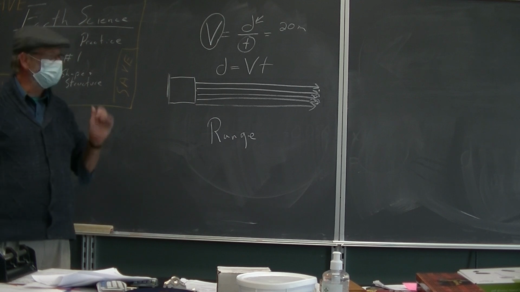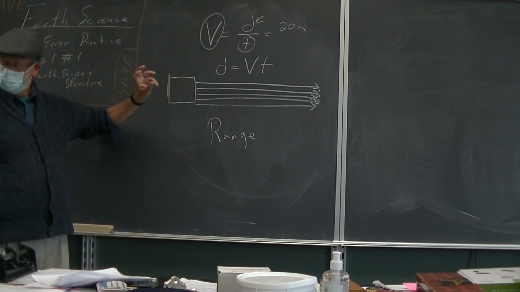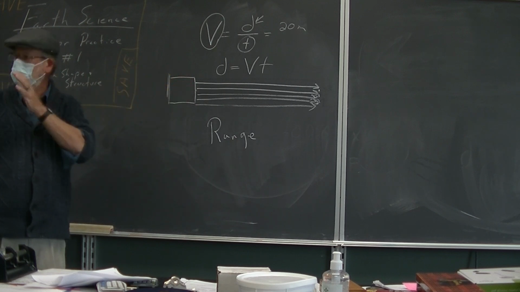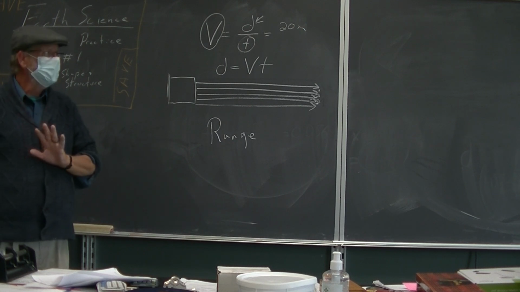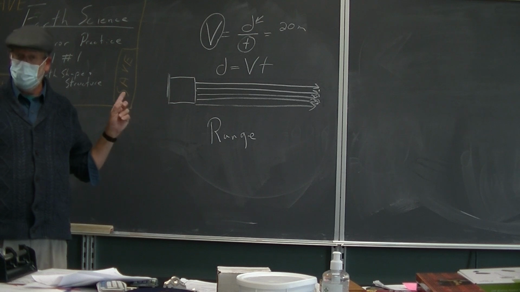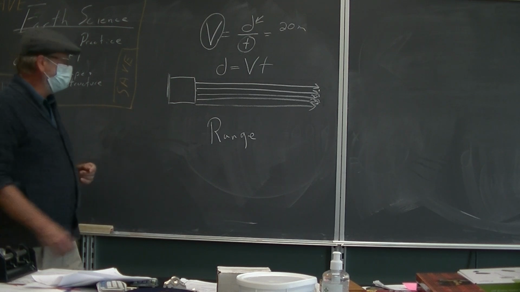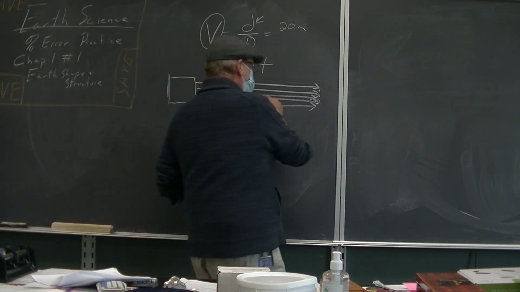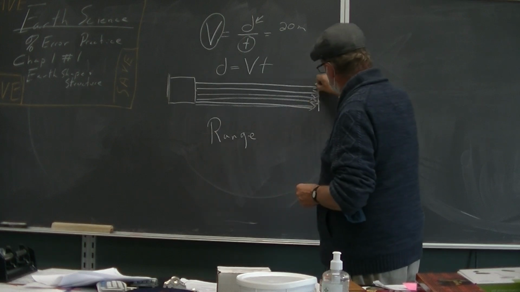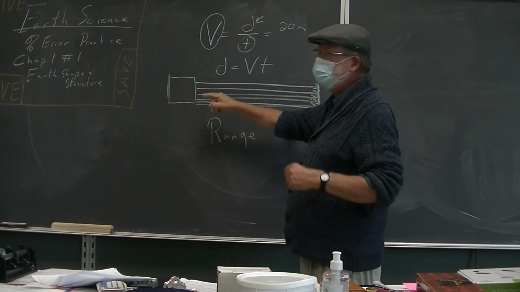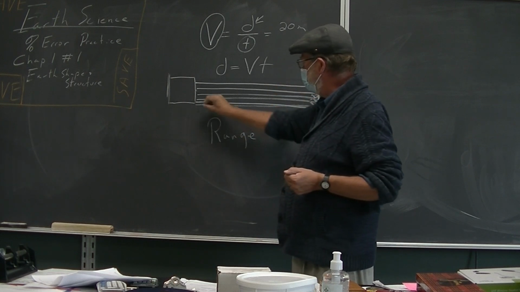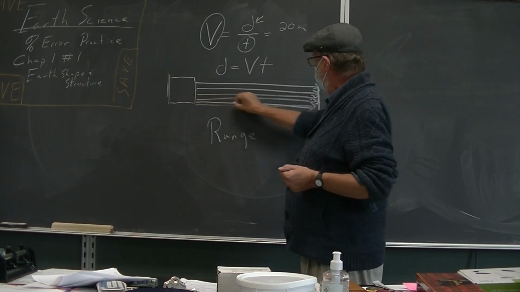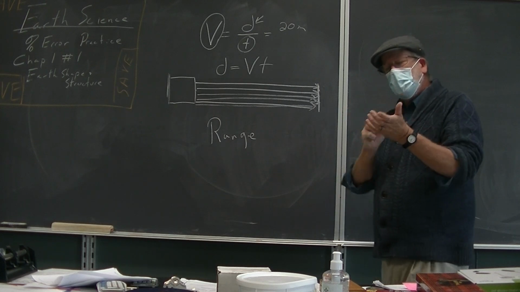So when you're all done with the first lab, you've gotten your range, and you might only get your first lab done in the period of time we have, that's fine. But some other time when you have your own time, what you're going to do is you're going to walk. Now when you get to the 20-meter mark, and you're trying to maintain the same velocity that you had gotten, so you were like good at being a velocity machine, when you get to that 20-meter mark, on your stopwatch,